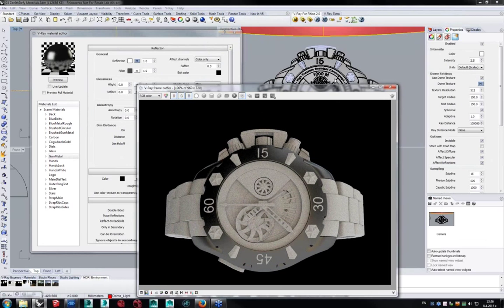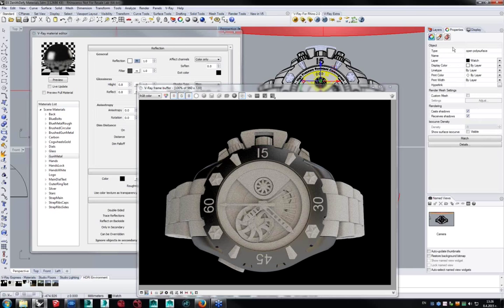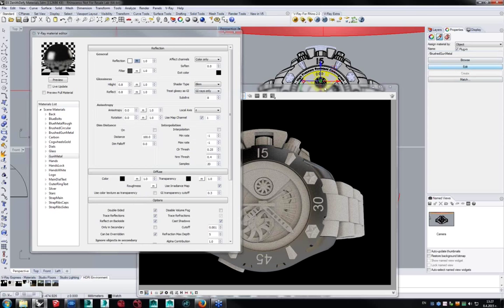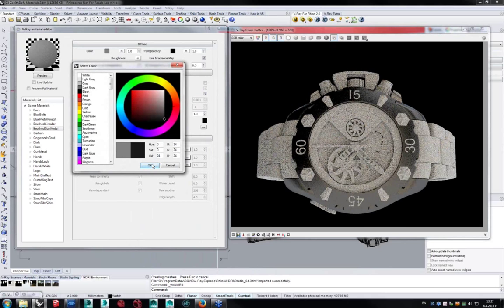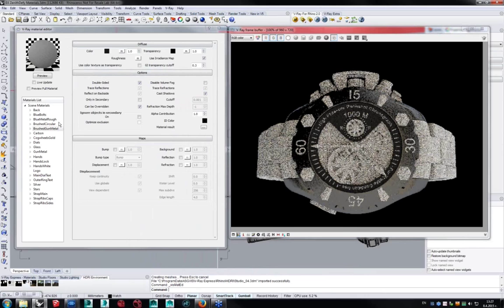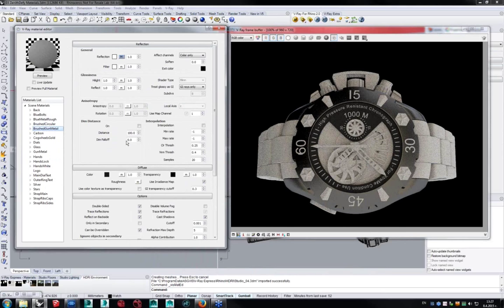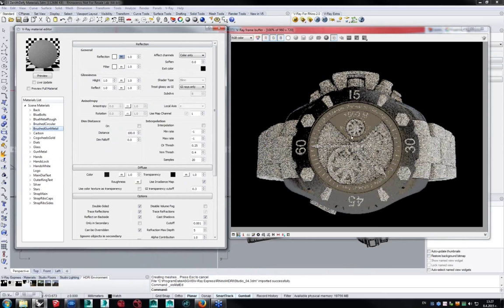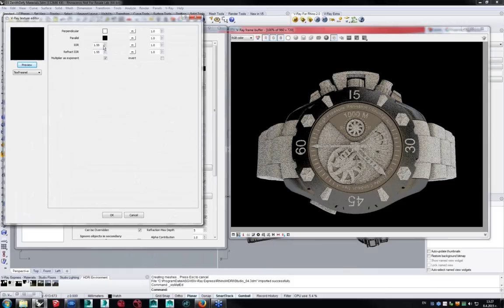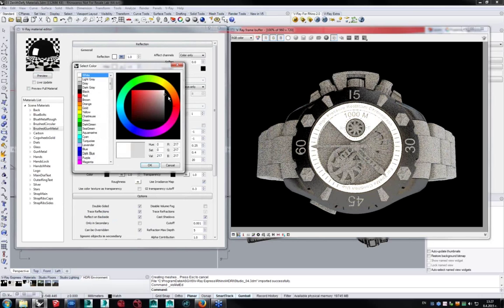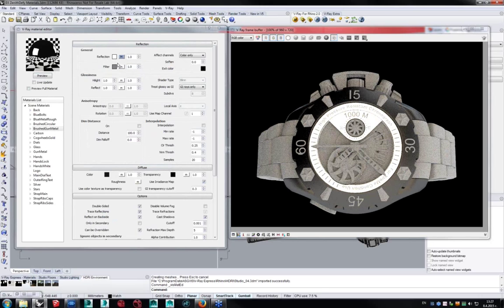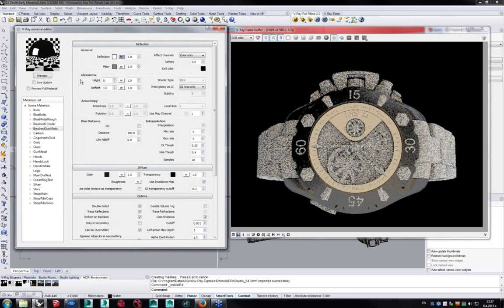So here inside I have a brushed material, as far as I remember, brushed gunmetal. So let's edit this one. And again, as I said, for metals you don't need much of a diffuse parameter, so let's just stick to something really dark. There we go. And let's add reflection again. Now as you can see, with the pure reflection it's looking really dull. So let's change that. There we go. Now the amount is really high, so let's lower that. It doesn't need to be 100% reflective, and we need to put some